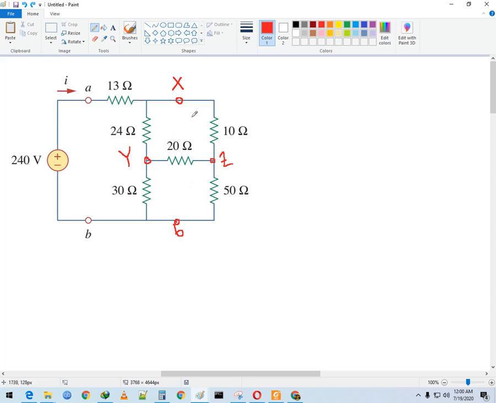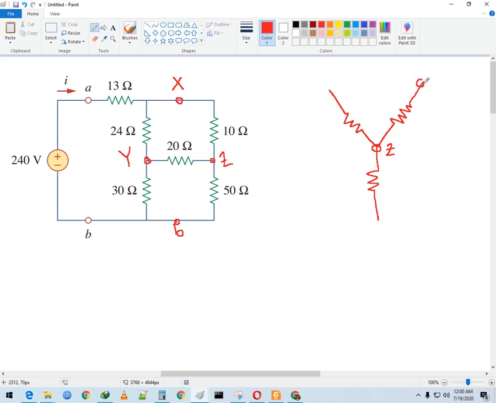So if we consider these three as X, Y and B, and Z as the neutral point, in that case we have the three nodes X, Y and B, and Z is the neutral point. Remember, in order to have a Y, you need to have a neutral point. So in our example, this neutral point is called Z, and the upper two points,